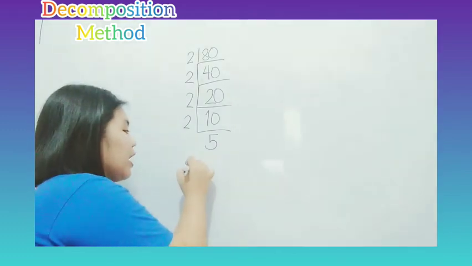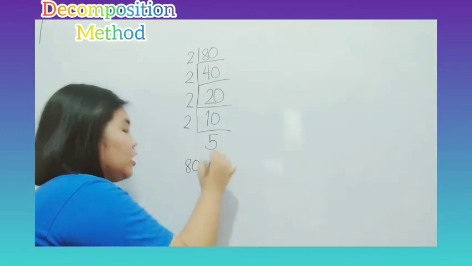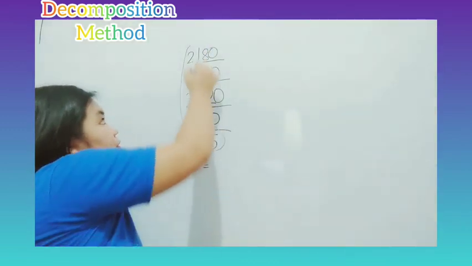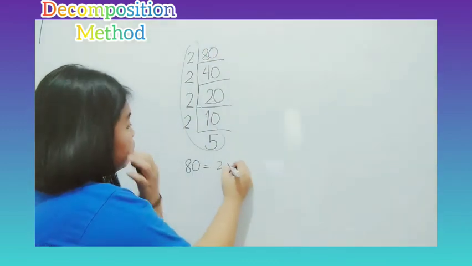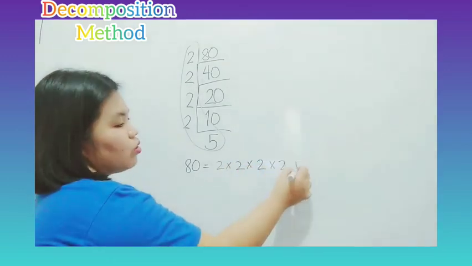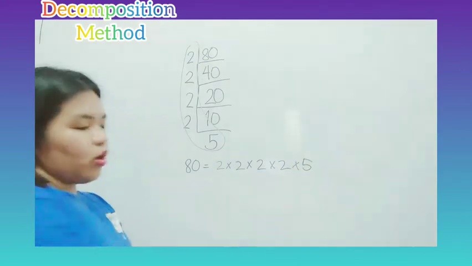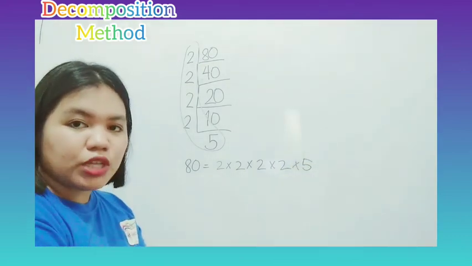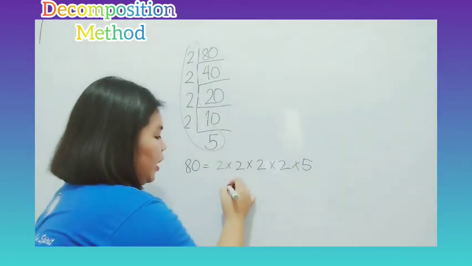So, the prime factorization of 80 is 2 times 2 times 2 times 2 times 5. Or we can write it in exponential form. It will be 2